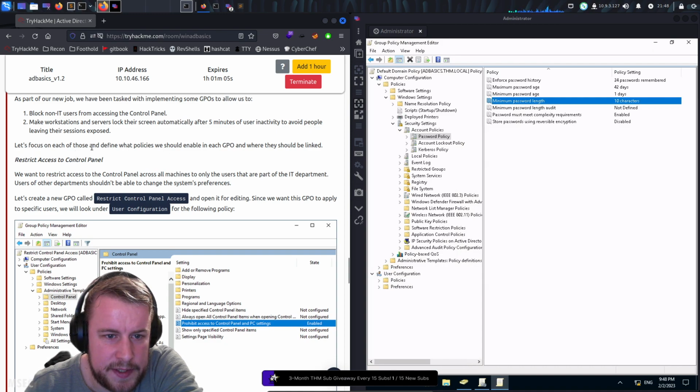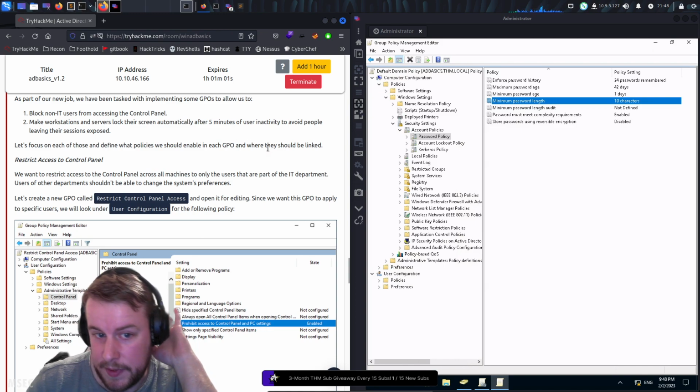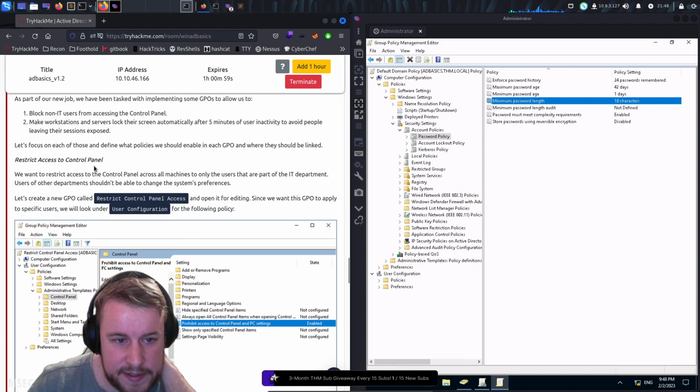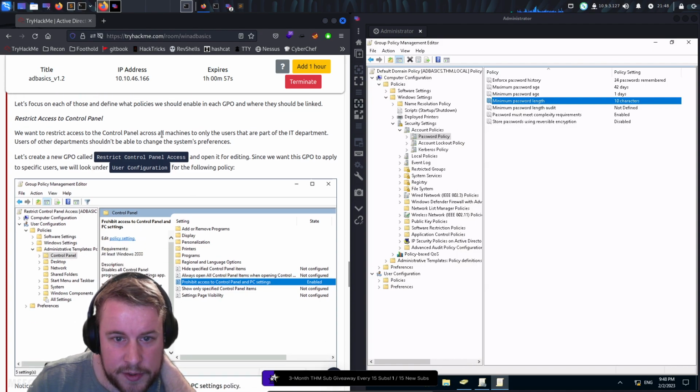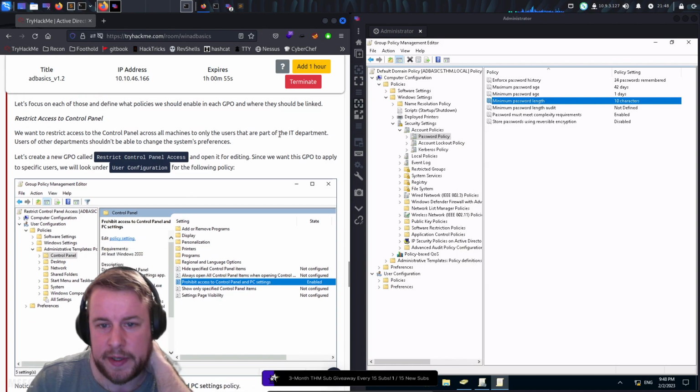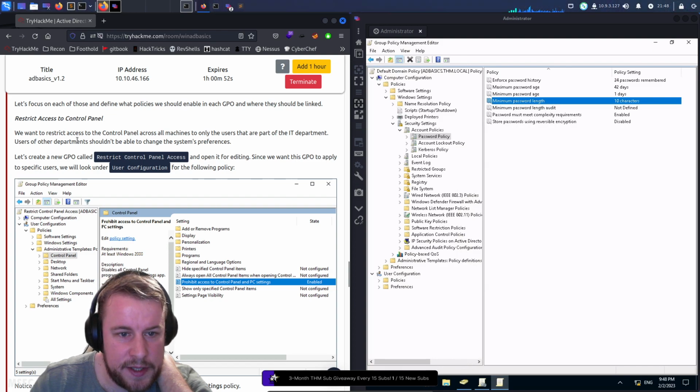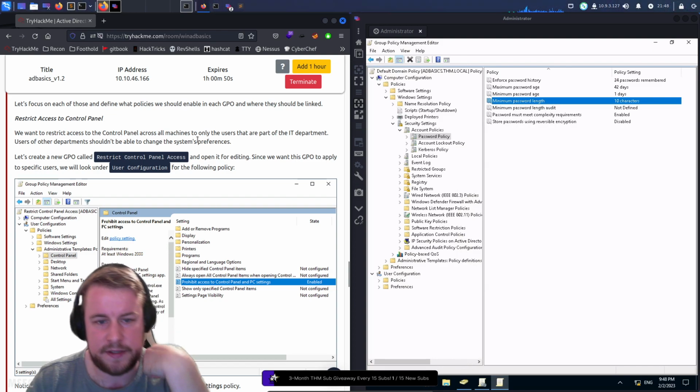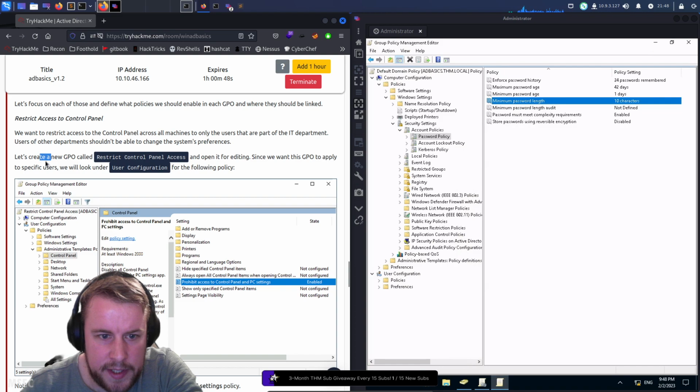So if we focus on each of those and define what policies should enable in each GPO where they would be linked, to restrict the access to the control panel across all machines to only the users that are part of the IT department, users in the other departments shouldn't be able to change the system preferences. If we create a new GPO called Restrict User Control Panel Access,